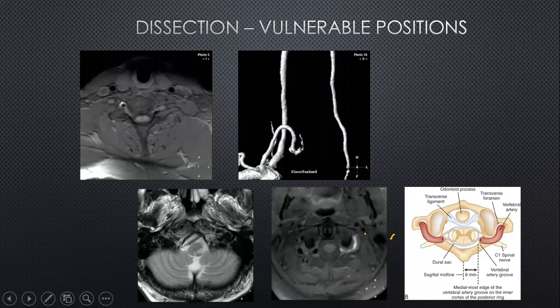And here you can see this is the MR angiogram of the same patient. This is the left vertebral artery, and you can see the change in caliber of the right vertebral artery as it is changing from V1 to the V2 segment. So this is where it is likely to be entering into the vertebral foramina. And the other point, of course, is where it is swinging over the C1, and that's the other vulnerable point, as I said, from being fixed to being a mobile segment. And this is again another patient with a hematoma within the wall of the artery. This is the normal right vertebral artery. This is the abnormal left vertebral artery with infarction within the posterolateral medulla in that patient.